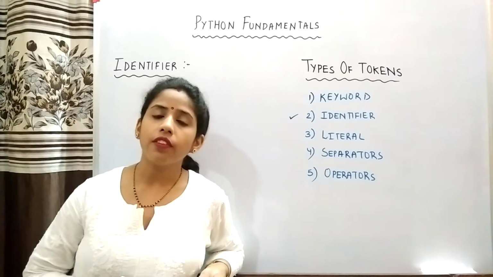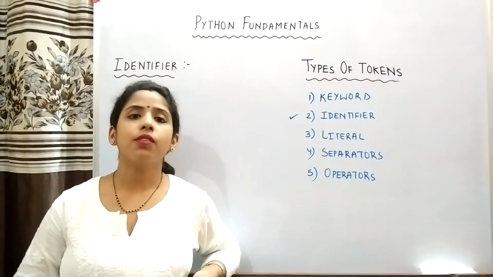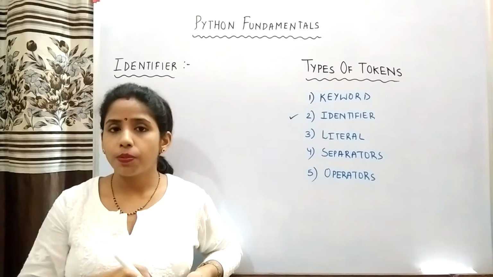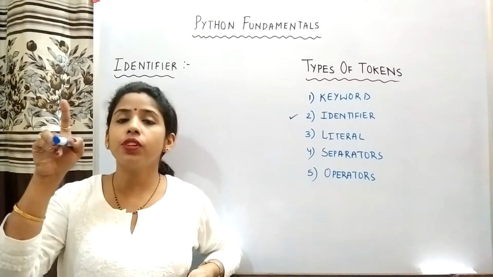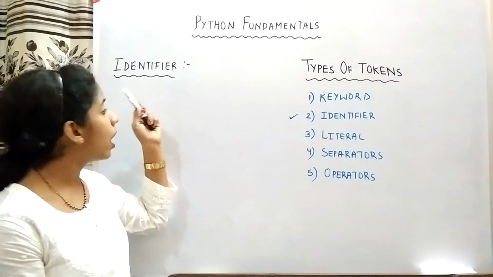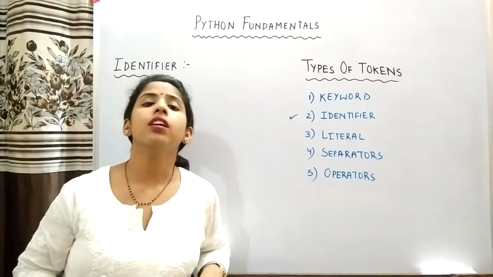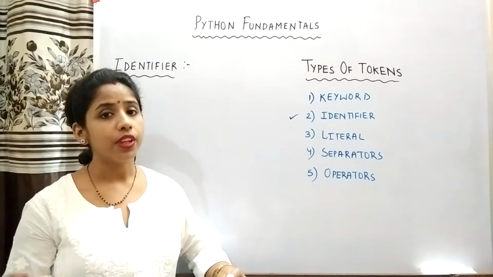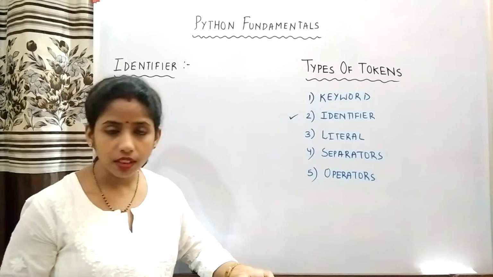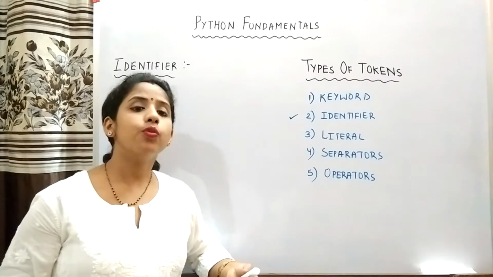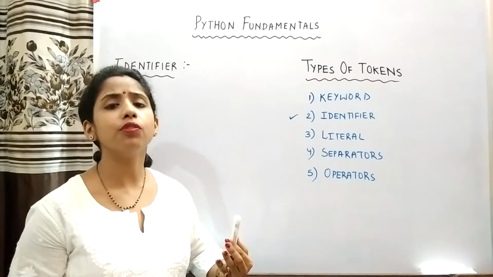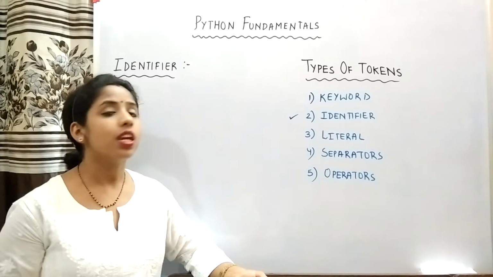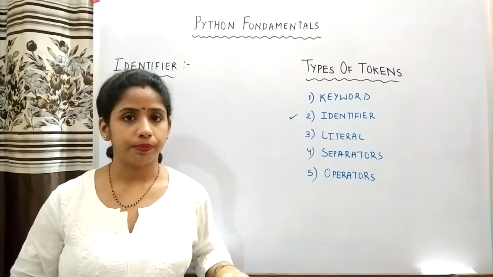Children, whatever programs you make, within those programs we have several parts, and we need to give names to several parts of the program. So those names which you give to those parts of the program are called identifiers. So identifiers, as per definition, are the names given to different parts of the program. But the most important application of identifier, which you will come across in a very short span of time as soon as we start making programs, is the variable names.